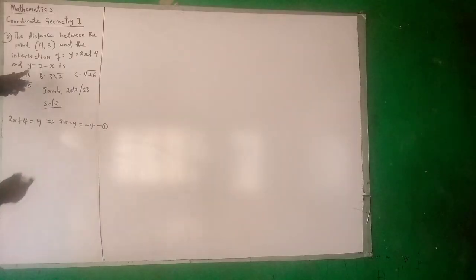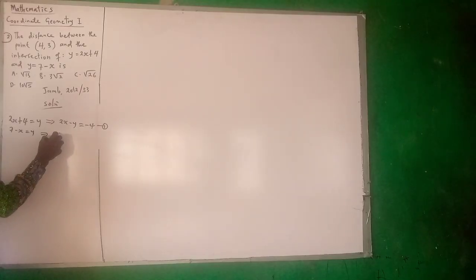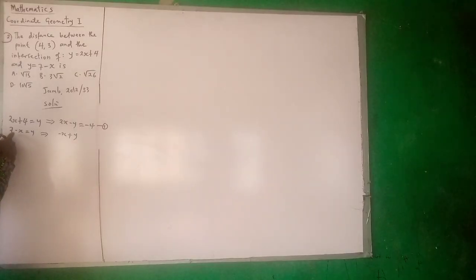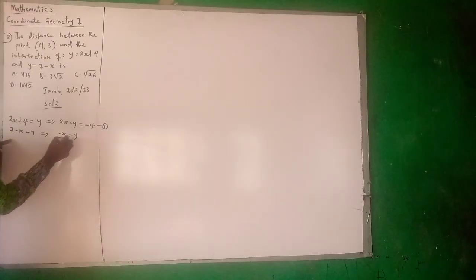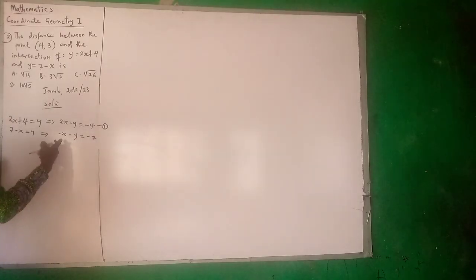Okay, this one can be written as 7 minus x equal to y, and this implies minus x minus y, because y is crossing the sign of equality, minus y equal to, this is going this side because minus what? Minus 7, right? And this equation can also be written as